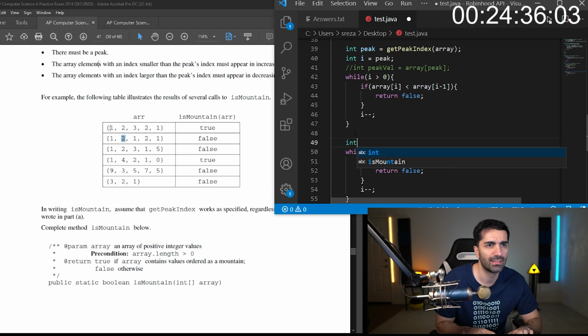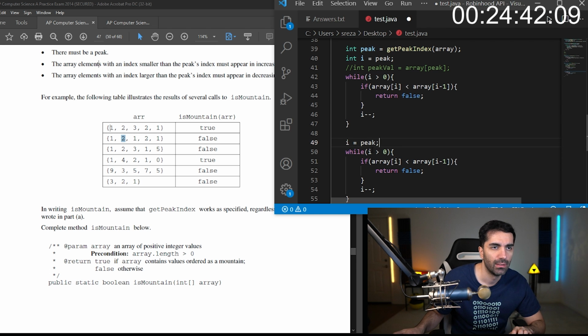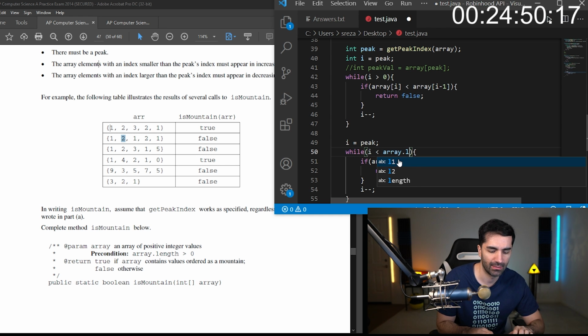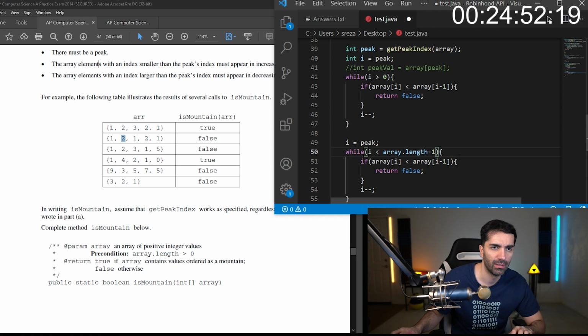We will have to set I back to peak. And then we're going to do while I is less than array dot length minus 1. We're just going to change this to plus, and we're going to change this to plus plus.